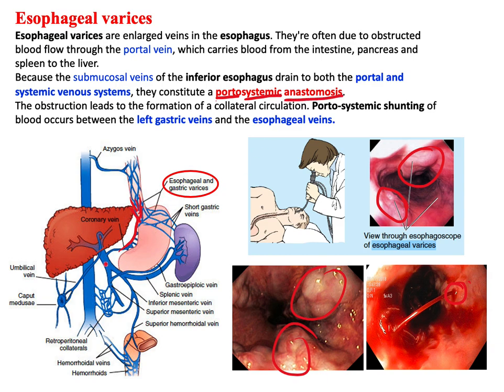Because this is the portal vein that can be obstructed here, as I mentioned, that returns the blood from the intestine, spleen, stomach, and pancreas to the liver, then from the liver to the inferior vena cava. But if there is obstruction here, the blood will be shifted to this anastomosis. Porto means portal system, portal vein, into systemic,